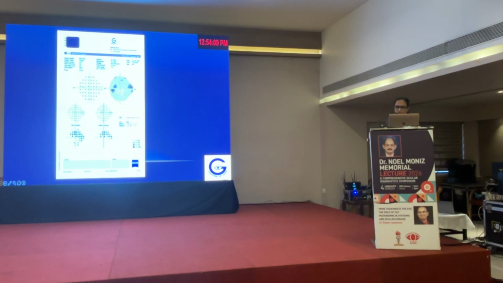So another patient, again the patient data and the test data are verified. It is a reliable field. Foveal threshold correlates with the visual acuity. Blind spot is correct. Grayscale is showing defects along the horizontal meridian. Total deviation and pattern deviation plot showing both generalized and the localized defects. The fixation is involved. Glaucoma hemifield test outside normal limits. The global indices are abnormal. Anderson criteria is met, and this is the disc which is showing the inferior notch with an inferior arcuate RNFL defect. So the disc is correlating with the field.